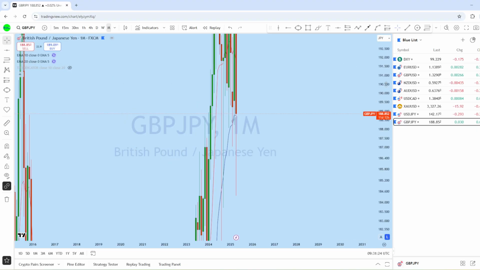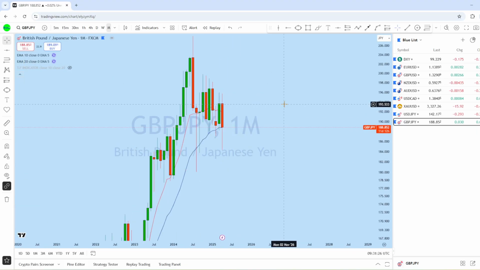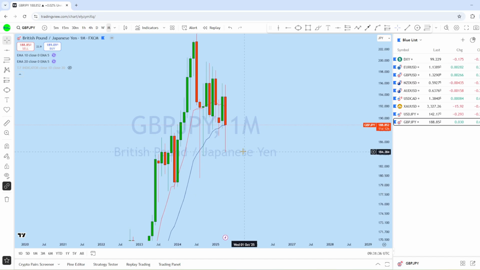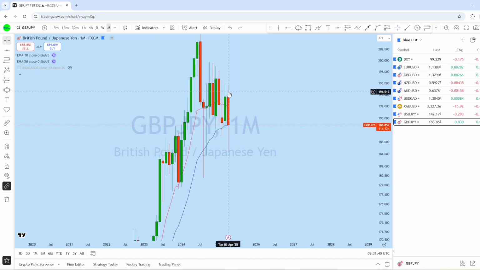Now looking at the monthly chart on GBPJPY, this is the monthly price action. So far there has been significant downward pressure here. This month the market has dropped to that low, and now it's in a pullback, as this is a bearish market. Any movement back to the upside will be an opportunity for a sell.